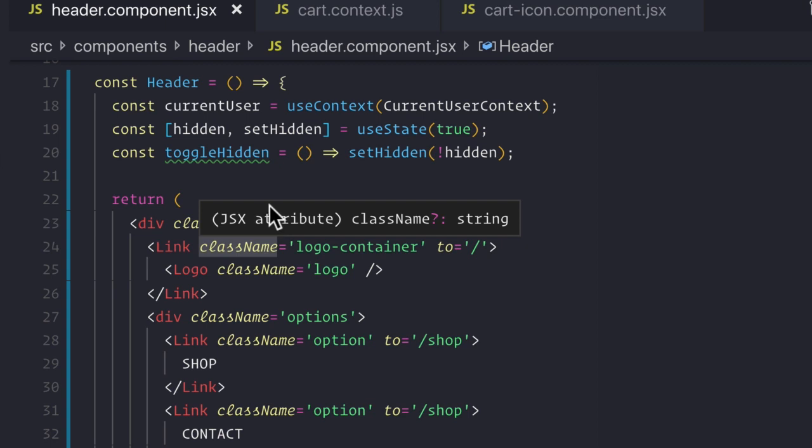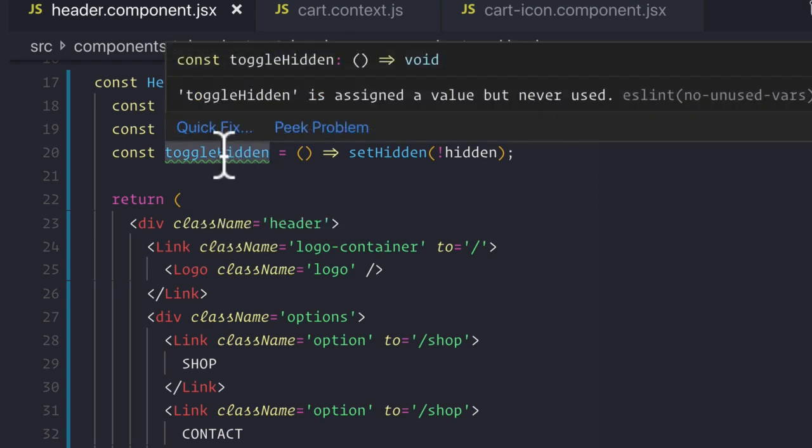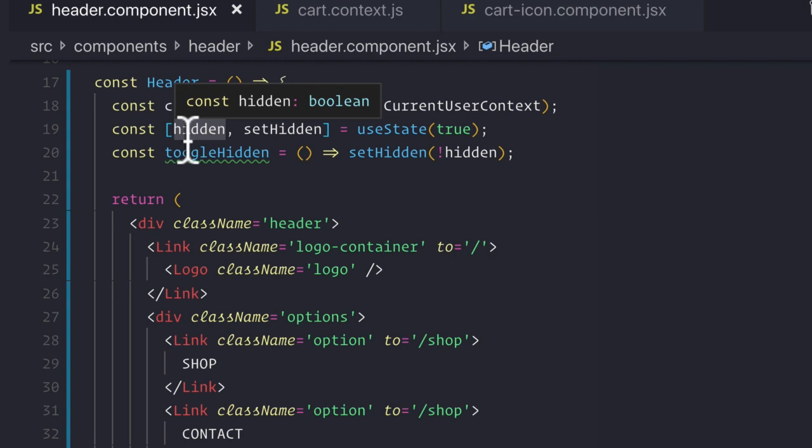So what we're really sharing is actually the local state value of toggle hidden and hidden inside of the header component around our application. And by doing so, we're leveraging local state changes inside of the header component in order to propagate those changes into the context so that anyone that needs it is able to do so. That's the whole point with setting up a function that allows us to set context inside of this header component